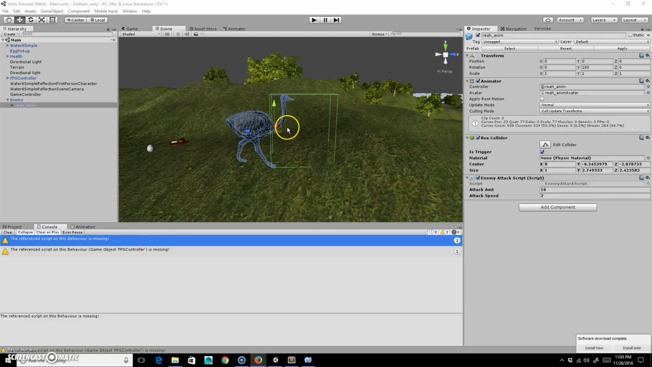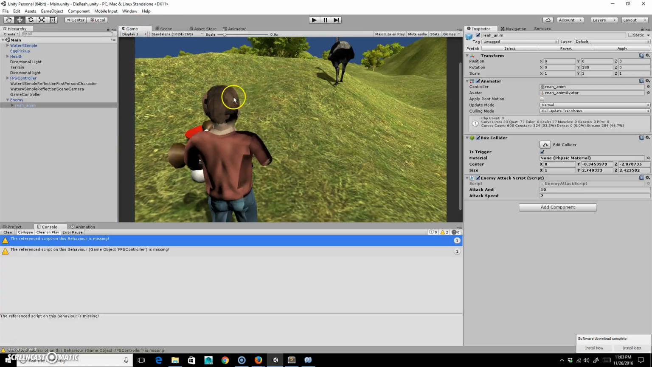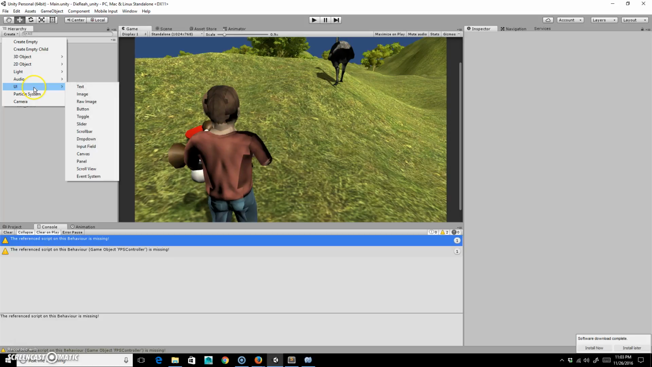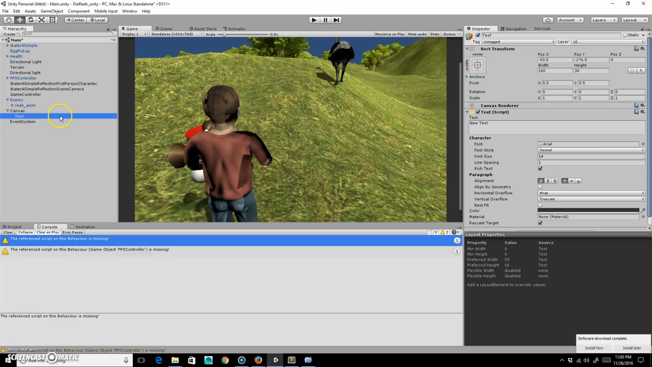All right, so now what I'm going to do is make the UI for the game, just so that I can tell how many bullets I have, because I'm going to use that to interact with everything else. So I'm going to create UI, and I need to make a couple of things. I am going to make text,